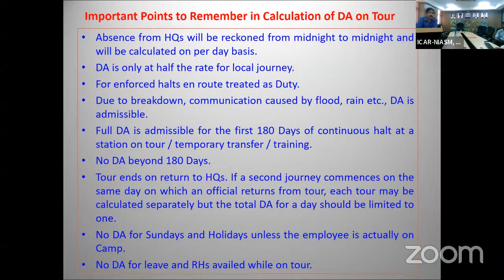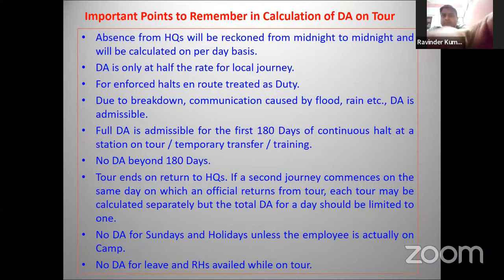ऐसे ही वर्ड में कैलकुलेशन होता है, इसीलिए लोग इसमें गलती करते हैं। ओके, ओके सर।